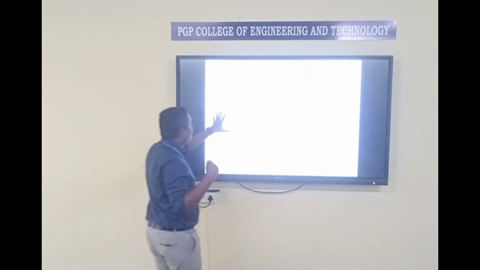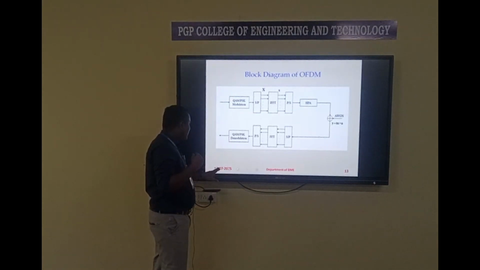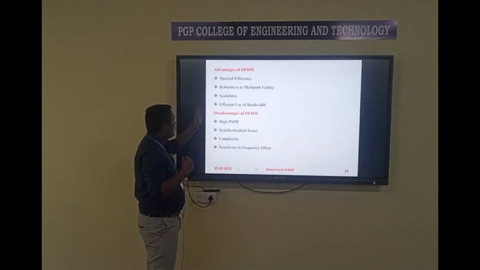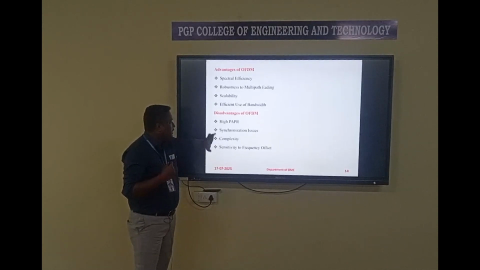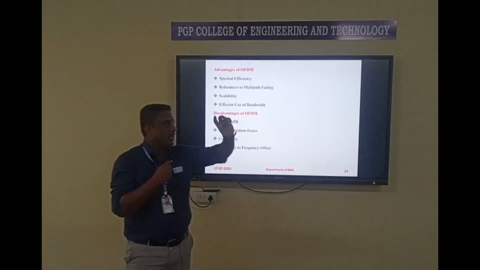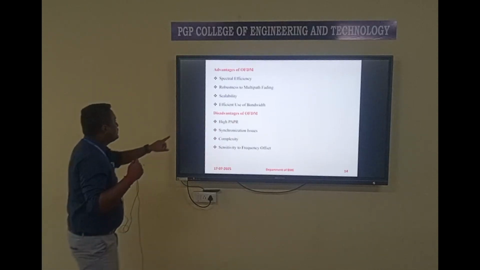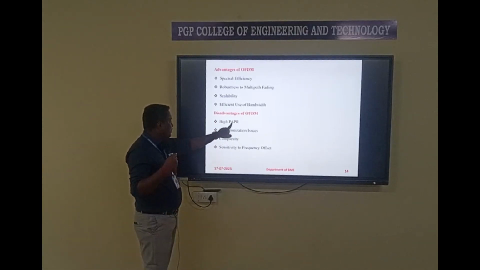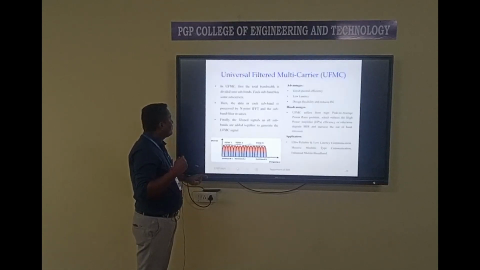So that is very important for the transmitter section. That is the main intention of my research. This is a high PAPR, that is the peak to average power ratio. So what is the PAPR definition? It is the ratio of the high peak power divided by the average power. This is a very important factor for PAPR, and it is a common drawback of the system.